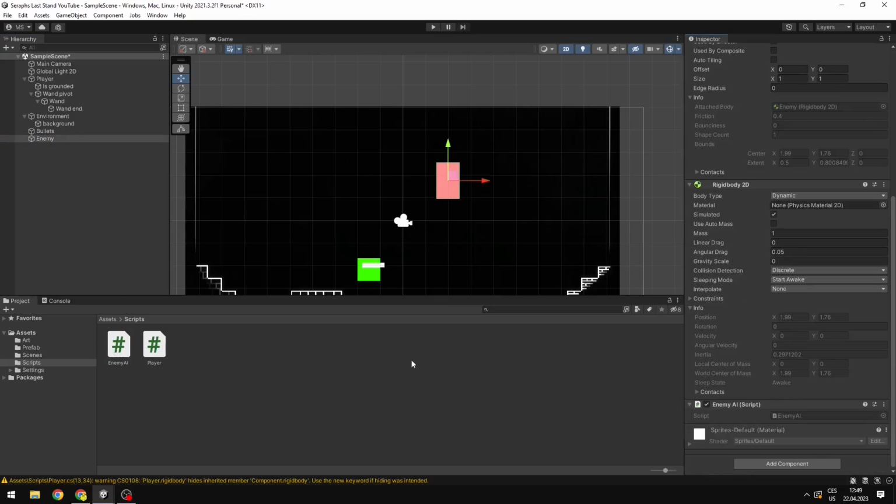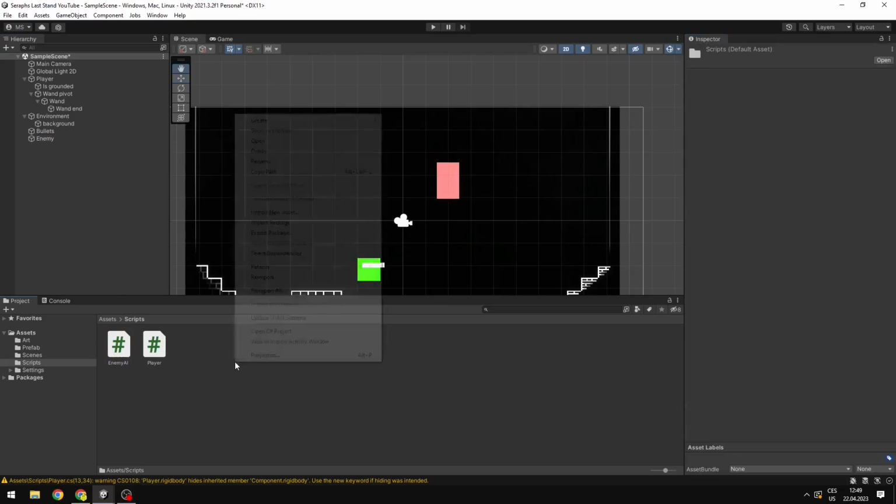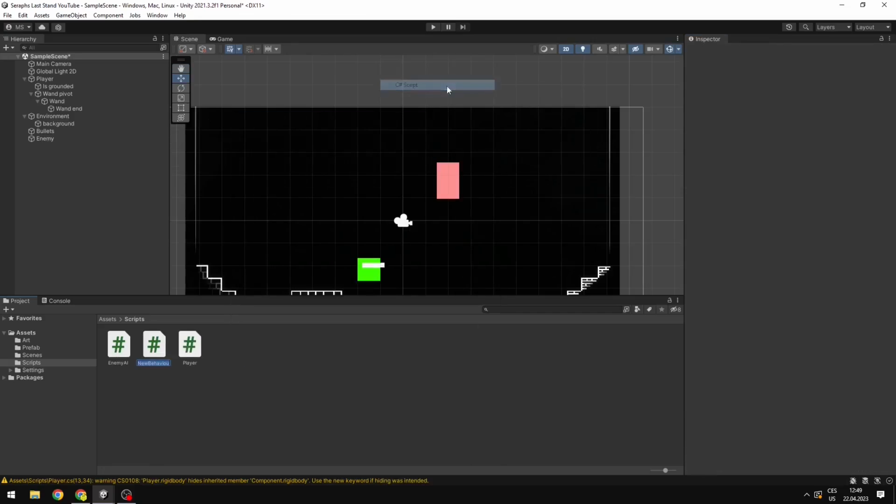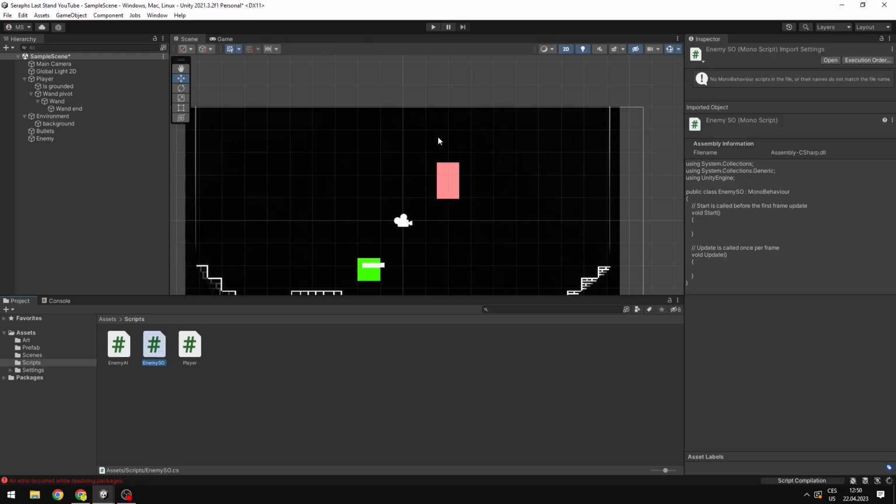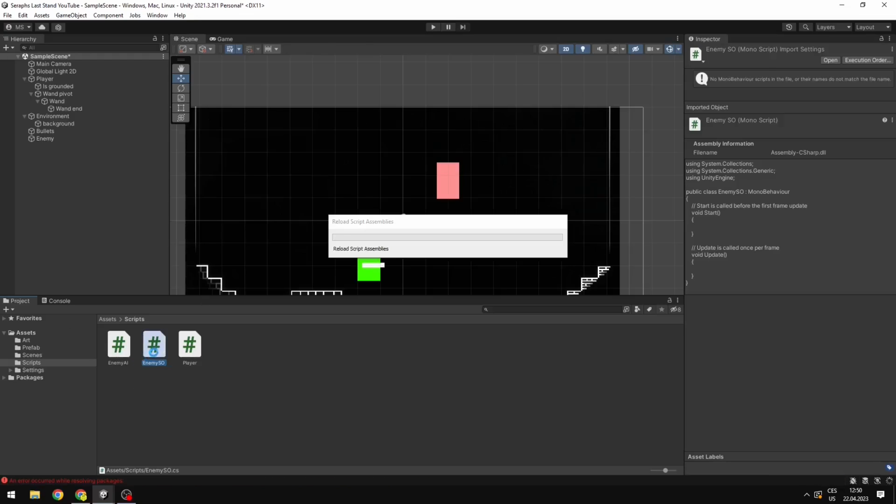Also, because we will be adding a lot more of the enemies, I will create another script which will be just the scriptable object. So we will be using scriptable objects for adding those enemies. If you don't know what scriptable objects are, don't worry, I will show it to you. So the enemy scriptable object script, you don't actually need to put it anywhere, you can just leave it in